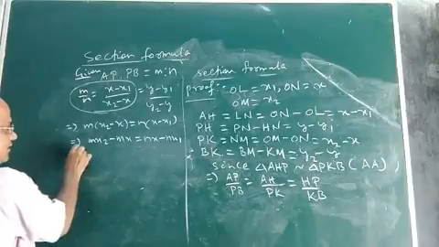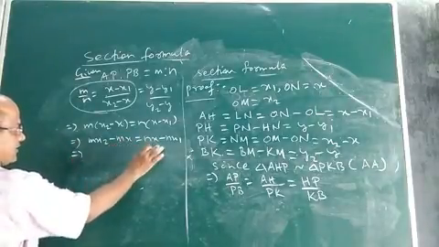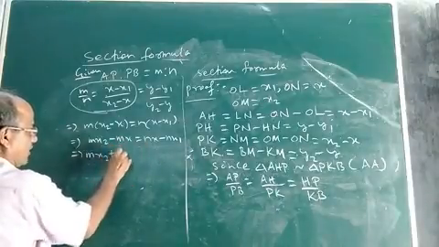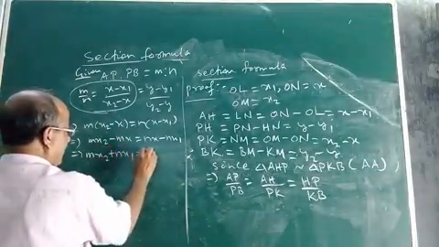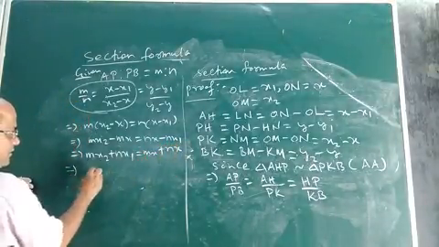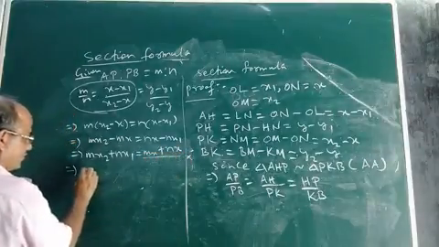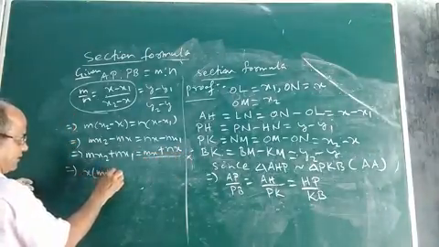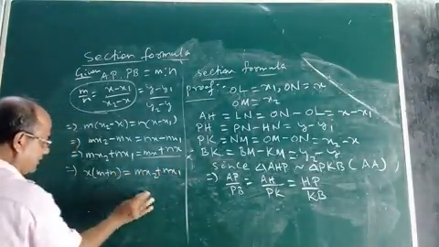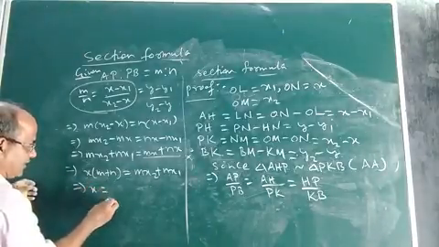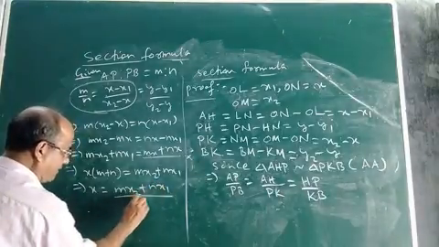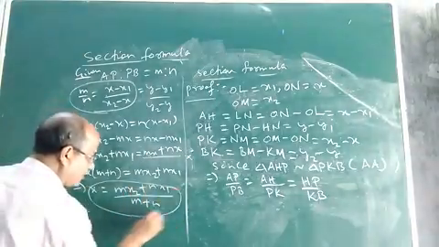Okay. Now bring this one to this side, or take this one to the right hand side. Mx2 plus Nx1 equal to your Mx plus Nx. You see. Now you take common here X. So X into M plus N will be equal to Mx2 plus Nx1. Then what will be the value of X? So you see, X will be equal to Mx2 plus Nx1 divided by M plus N. You see, we got the X coordinate.